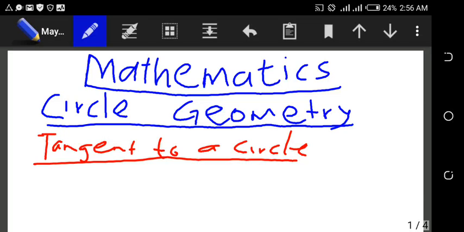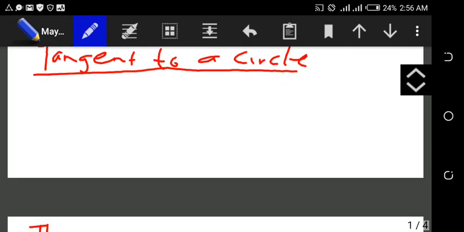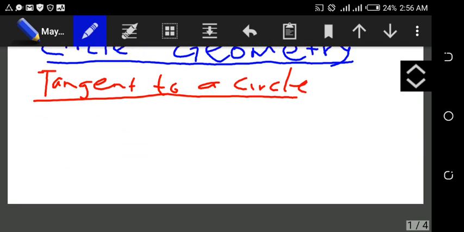In this video we'll be looking at tangents to a circle, still under circle geometry. We want to consider a tangent to a circle, but before we do that, we want to identify what a tangent is. Now when we say a tangent, what do we mean by a tangent? A tangent is simply a straight line which is drawn that touches just a part of the circumference